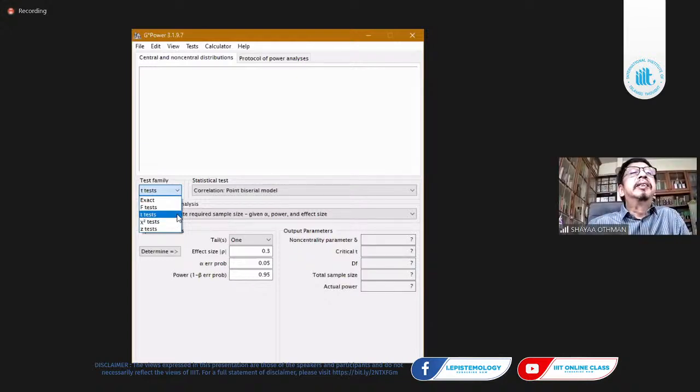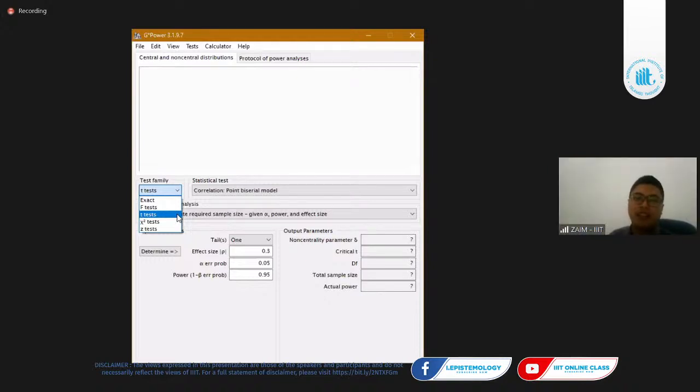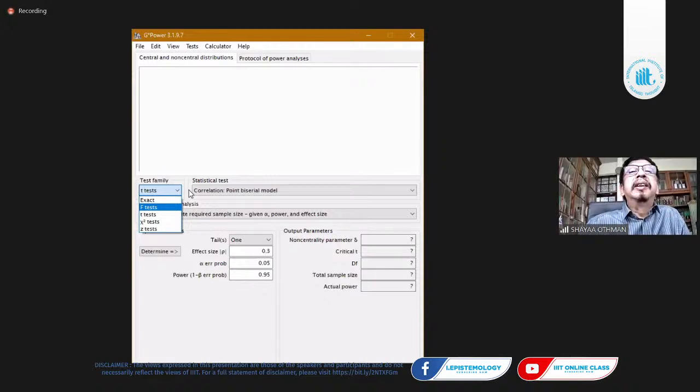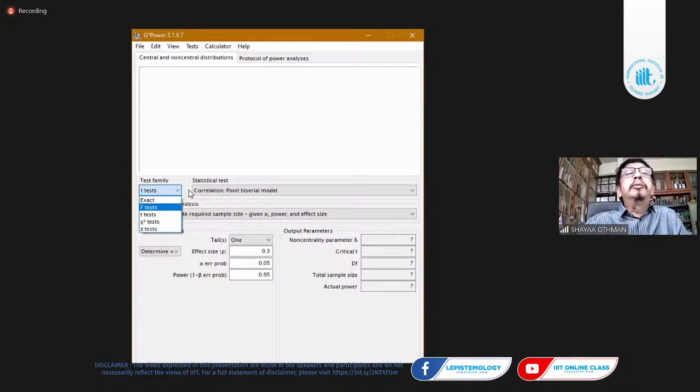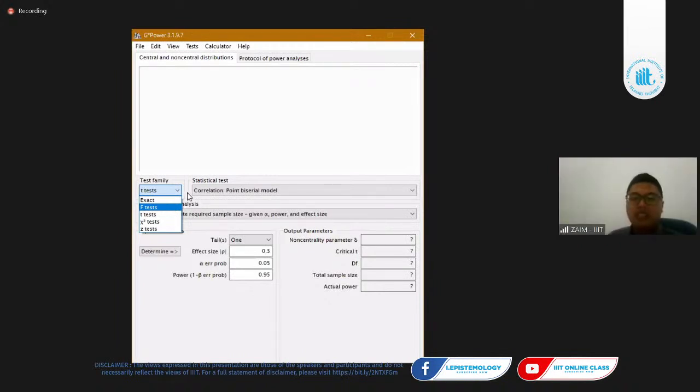I was advised by my friend previously to use this, but apparently I did not use it. Just to share, some of my friends said this is one of the methods to determine the sample size, but I'm not sure. Sorry to be honest with you, I'm not quite sure because I do not know how this software is being developed. Because this is automated, even myself, I don't have any idea how to use the software.